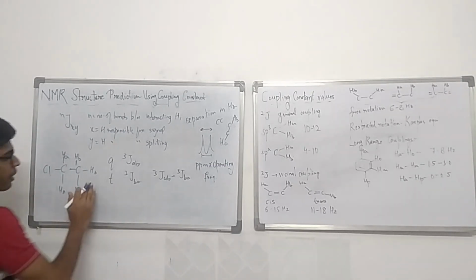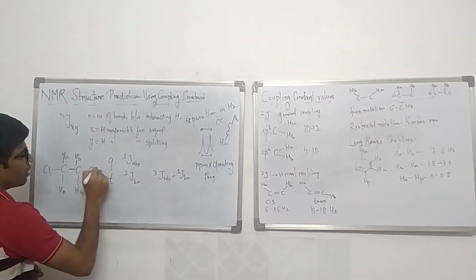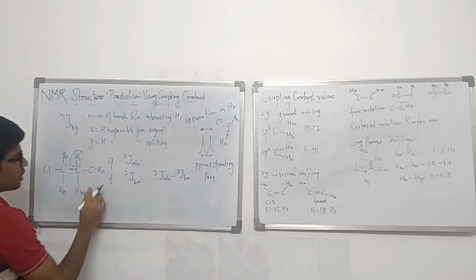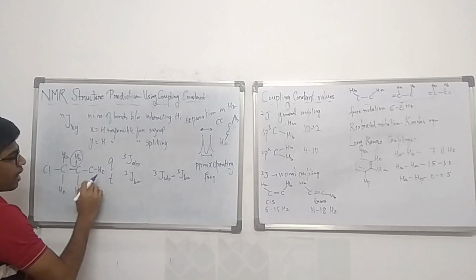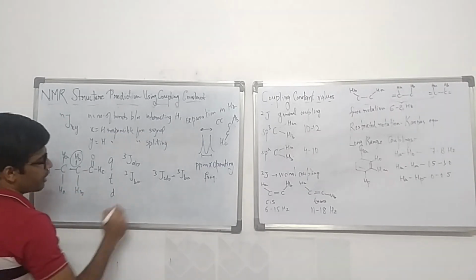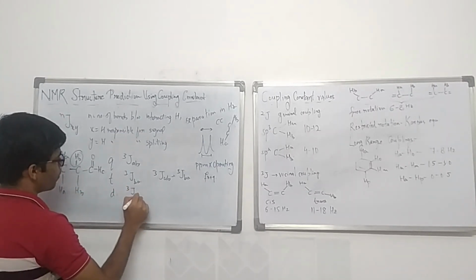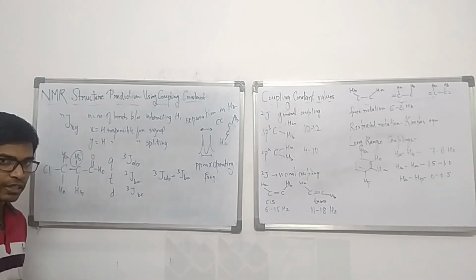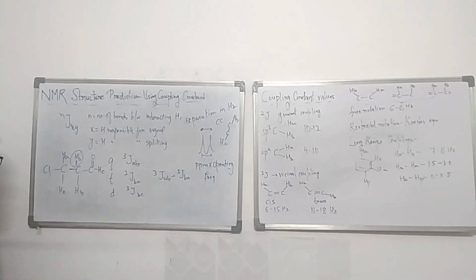Okay. Now it might so happen that this carbon has another different proton HC. So this HB proton now undergoes interaction with two different types of protons and because of that this HB should have two different coupling constants. So say suppose it will have a triplet because of this and say this is double bond O. So this should have a doublet because of this splitting which will be 3JBC. We'll see some questions where for one proton, two coupling constants are given. That means it is interacting with two different types of protons. Okay. So this is the basic idea of coupling constant.